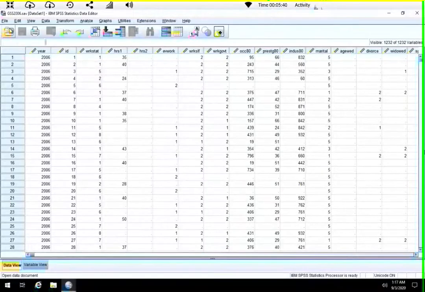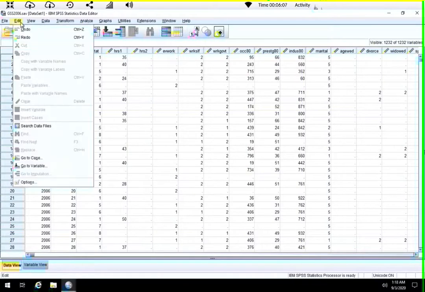This video is going to walk you through some basic settings in SPSS, and we're going to take a look at the utilities menu. Okay, you should have your dataset open, and we're using the GSS 2006 dataset. Right now I have the data editor window showing, and we're going to go up to edit and go all the way down to the bottom of this menu and click